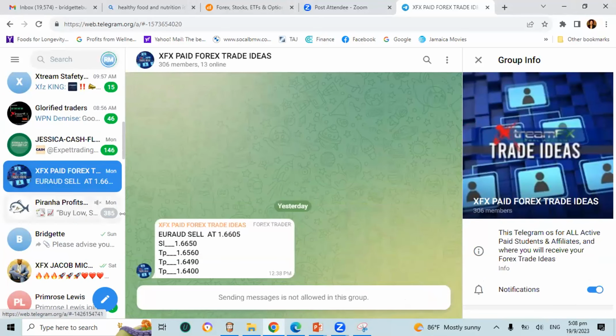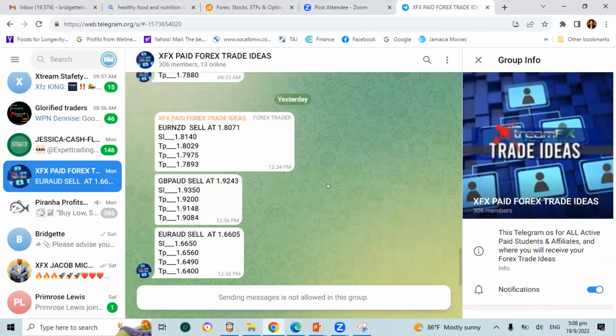Right. So here's a copy of our alerts, you're going to get put into this. So every day, this is yesterday, you're going to get trade alerts, and they give you the stop loss, the take profit, and everything. Entry point, stop loss, take profit 1, 2, and 3. So this is the manual way that we trade before Safety Trade. You can get help with trade ideas in the back office, okay. So it's available.